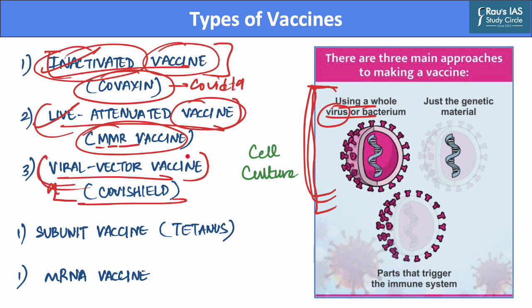this viral vector vaccine. However, as the technology has evolved, instead of using the whole virus, vaccine developers are using just a part of the genetic code. Hence we can see the rise of the subunit vaccine. Now this subunit type of